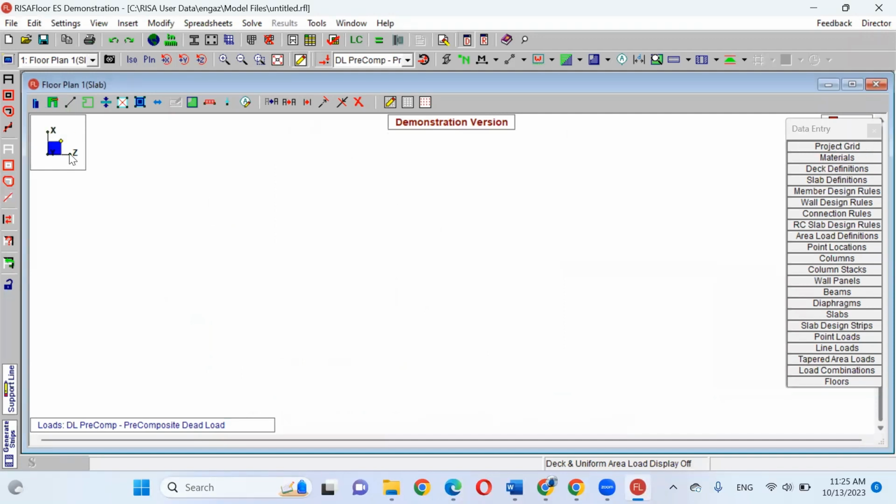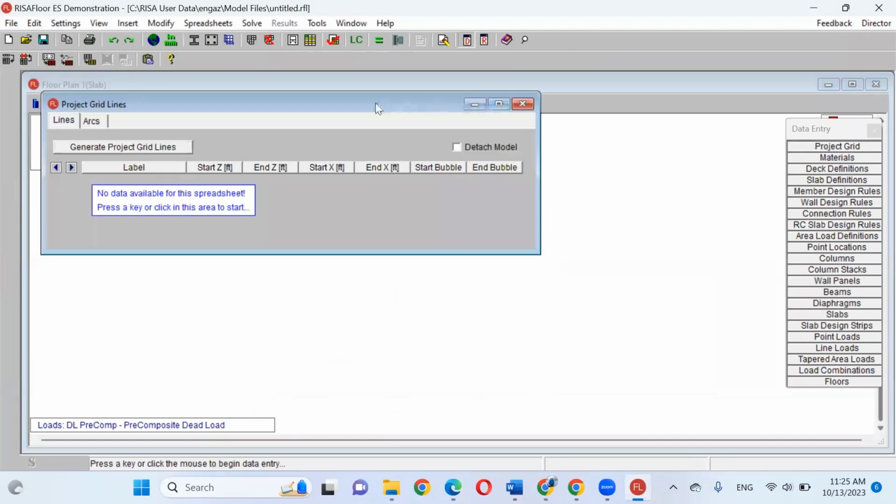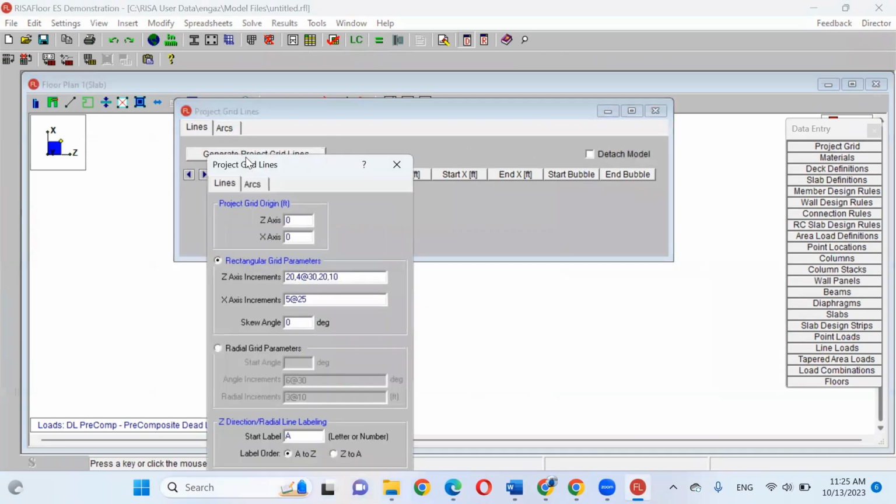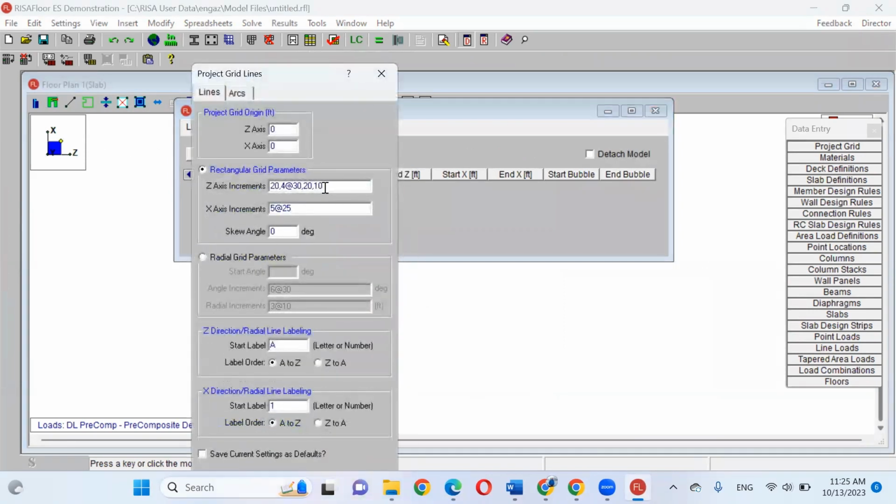So in Z, it will be 3 every 22 feet. In X, which is the vertical direction, it will also be 3 every 22 feet.